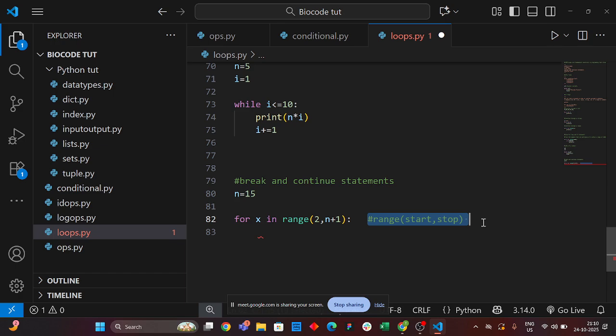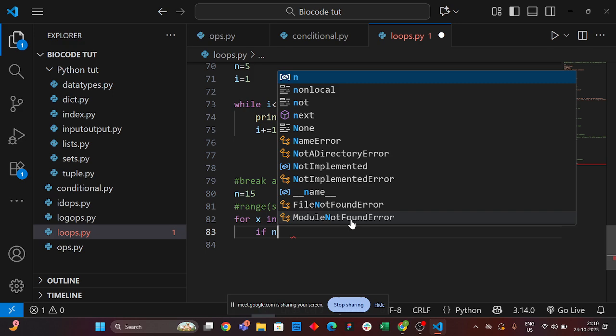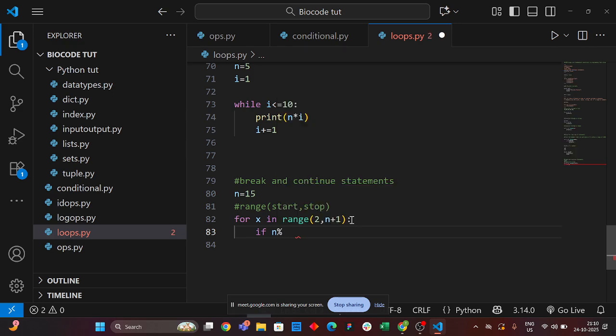There is an error. I'll just write it here. So let's say I'm giving a condition with modulus x. We have given x, so x is basically the numbers in this range, and we have declared a variable 15. So now we will check the divisibility of the number 15 by the numbers in the given range. So we write n modulus x equals 0,